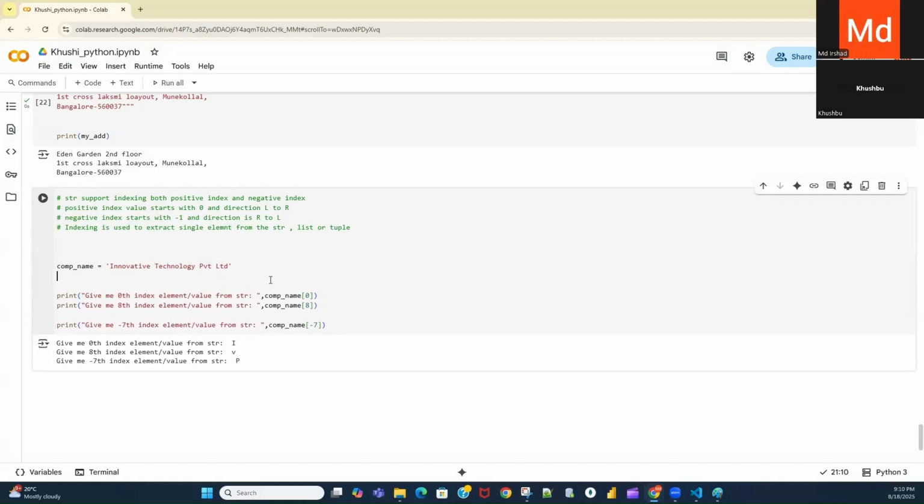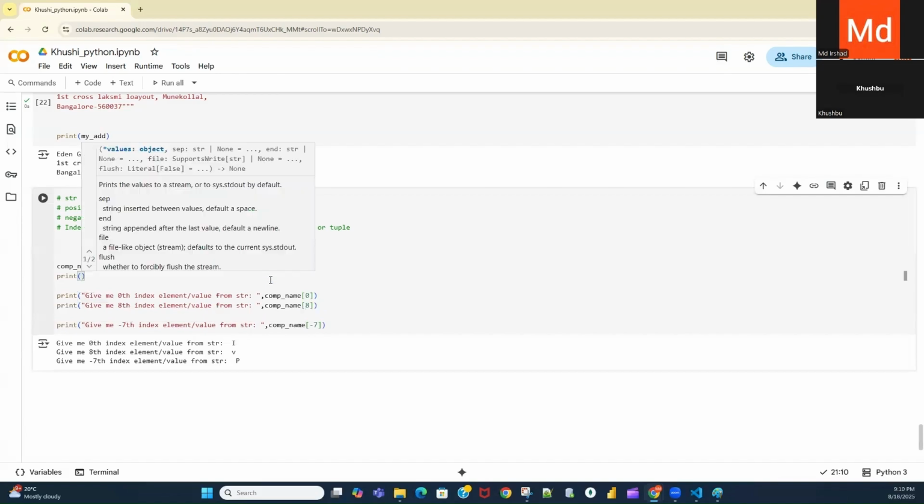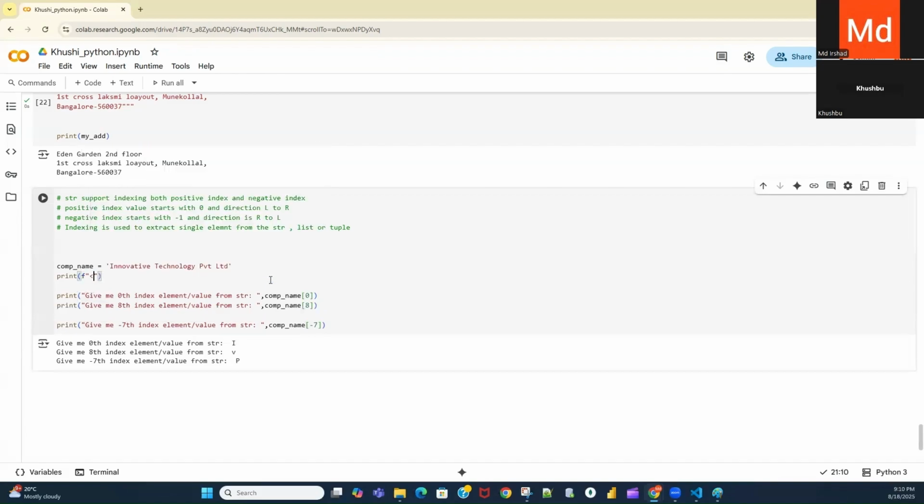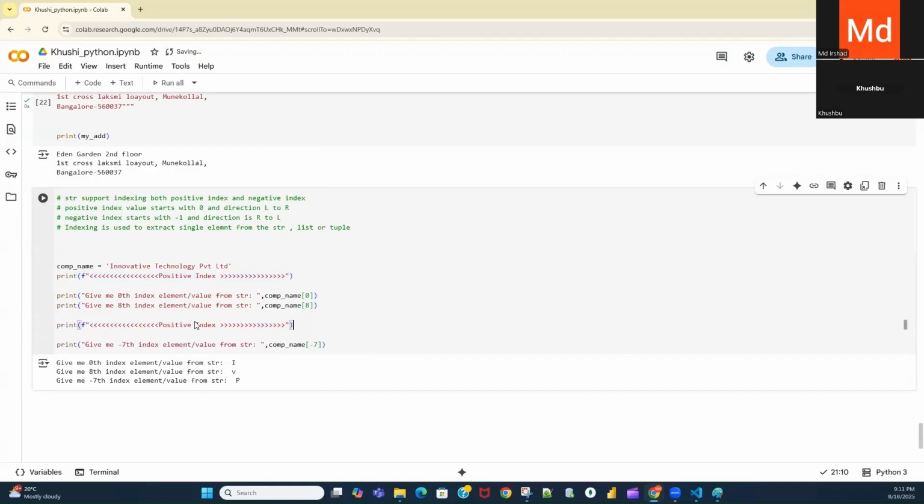I will write print positive index, and this will be negative index. Now, if I pass minus 12, it will give me the minus 12 character.